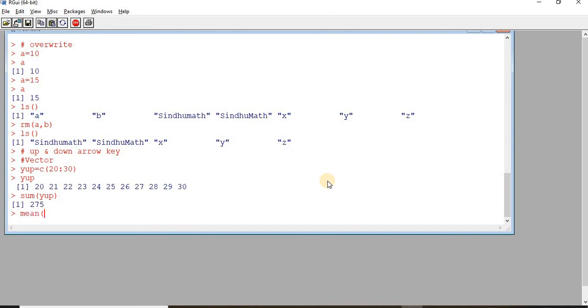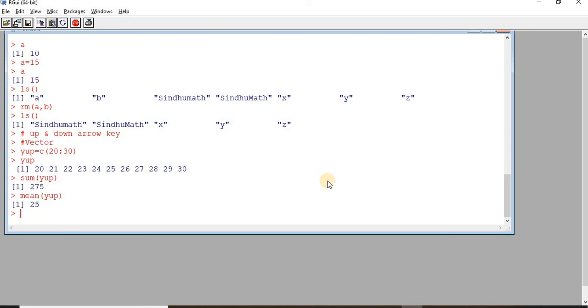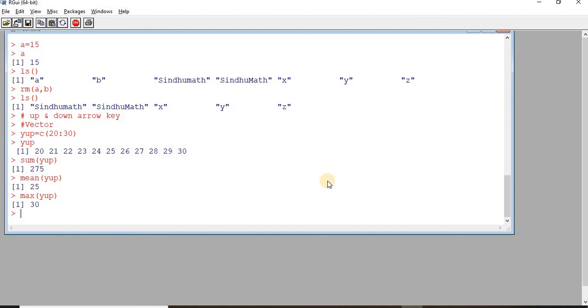Then mean. Mean is the function which is used to find the mean of all the elements present in the vector. Furthermore, we have max. Max identifies the maximum value in that vector. And sqrt is square root. It finds the square root of all the values in the vector.